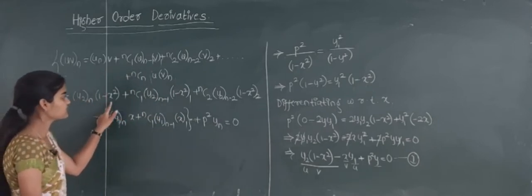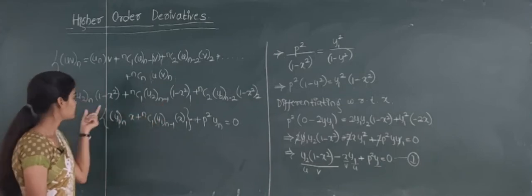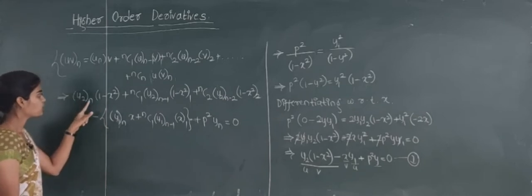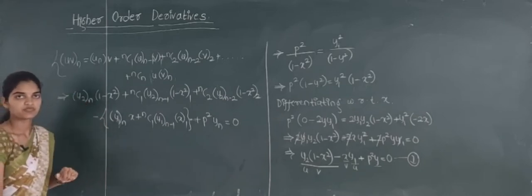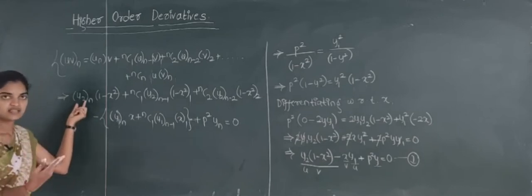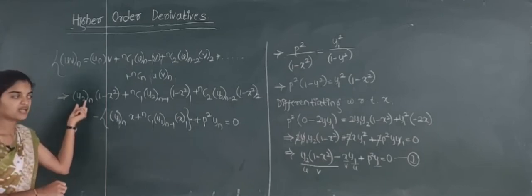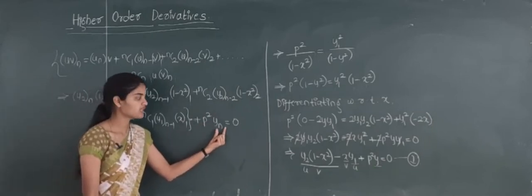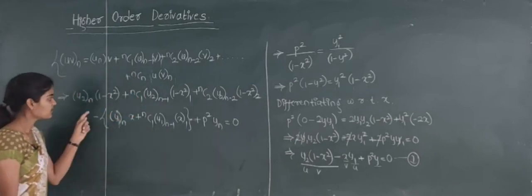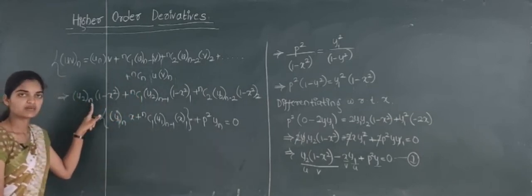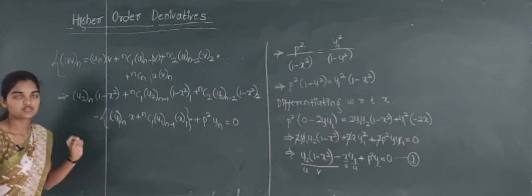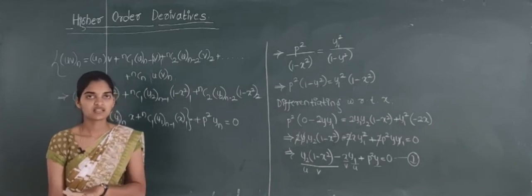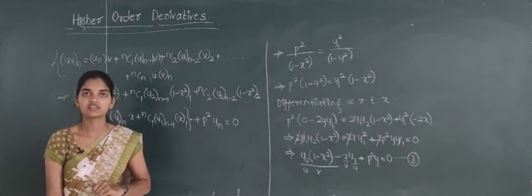Now separate the terms with respect to yn and see here. First, before separating the terms, consider the nth derivative of y2. Already we have taken the second derivative and again it is the nth derivative we are writing. For this term, y is there and it is the nth derivative, so we write yn itself. And here y2 is there and its nth derivative means we will get yn plus 2. As I have told you, whenever you differentiate the second term, we will get the third term, that is the 2 plus 1th term we will get, no?